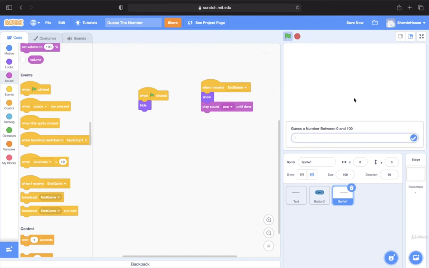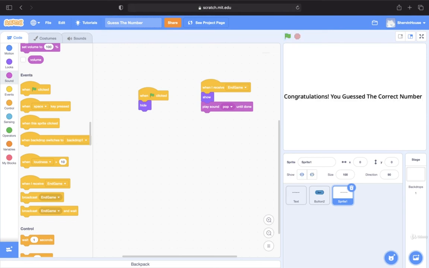Let's go try one more time. We run it. 50, try something smaller. 25, try something larger. 37, try something smaller. 31, try something smaller. 27. Congratulations, you guessed the correct number. And you get that pop sound effect as well. All right, so